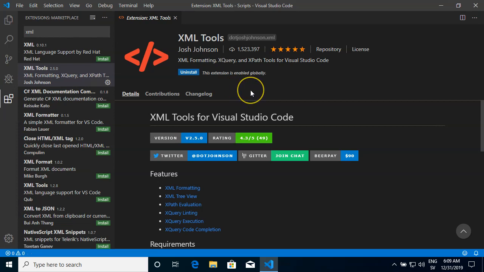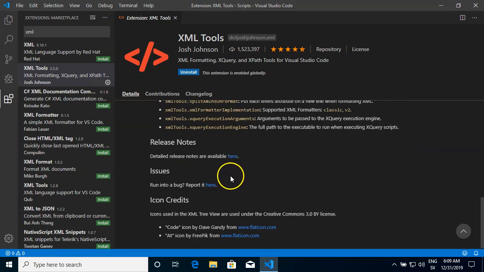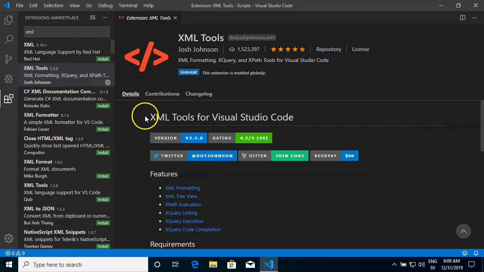And now we have support for XML files as well. This is the built-in marketplace, and as you could see, it's free. The extensions are free,